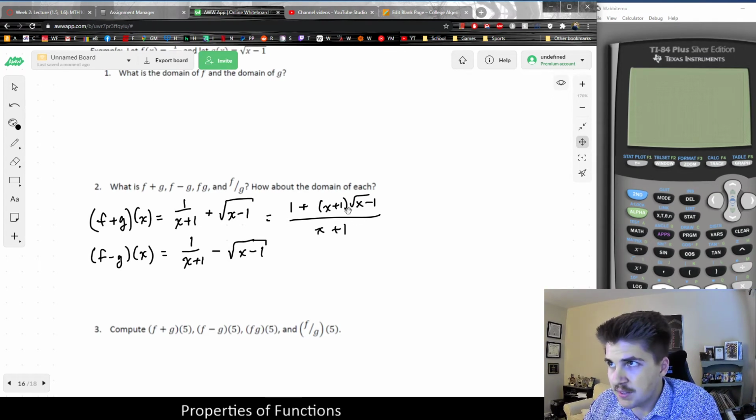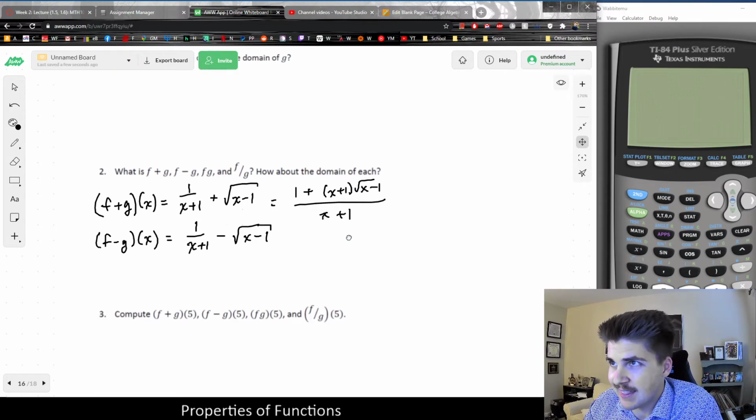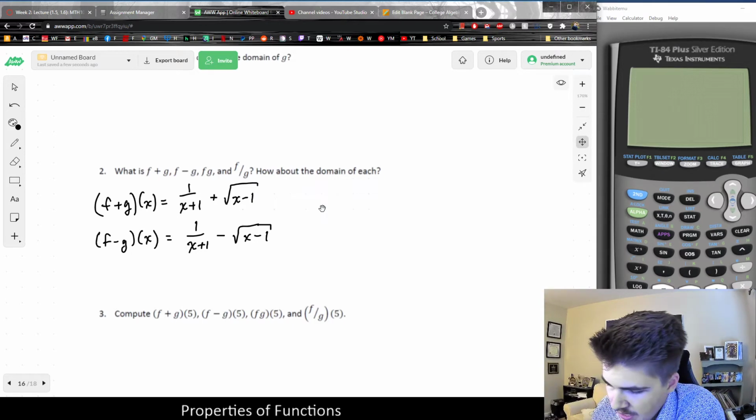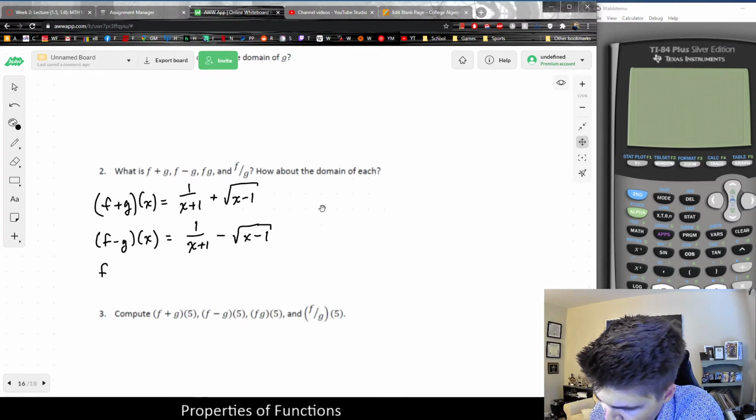We could actually apply the distributive property as well, but as I said, I don't really want to do that, so we'll just leave it at that. In this case, I'm just going to erase this. Good enough. Now the product function would be fg of x,